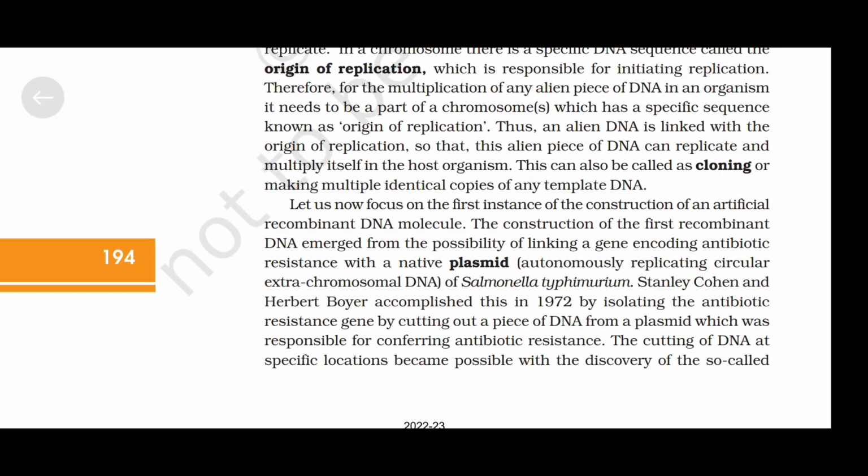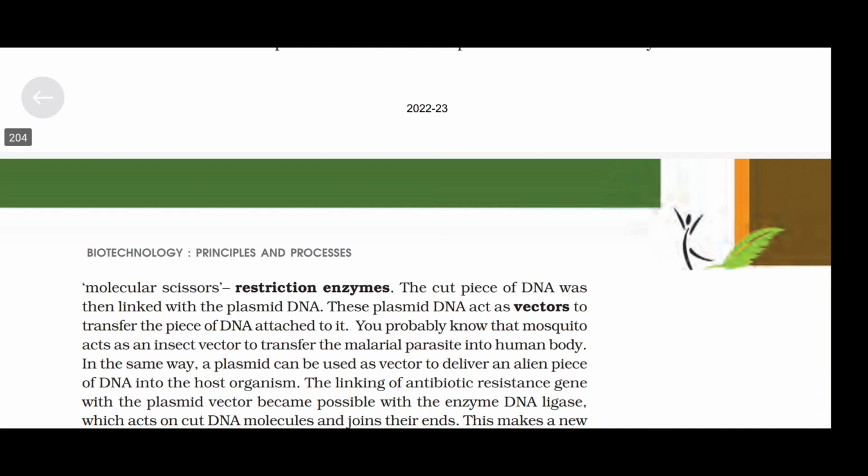The cutting of DNA at specific locations became possible with the discovery of the so-called molecular scissors, restriction enzymes. The cut piece of DNA was then linked with the plasmid DNA. These plasmid DNA act as vectors to transfer the piece of DNA attached to it. You probably know that a mosquito acts as an insect vector to transfer the malarial parasite into the human body. In the same way, a plasmid can be used as a vector to deliver an alien piece of DNA into